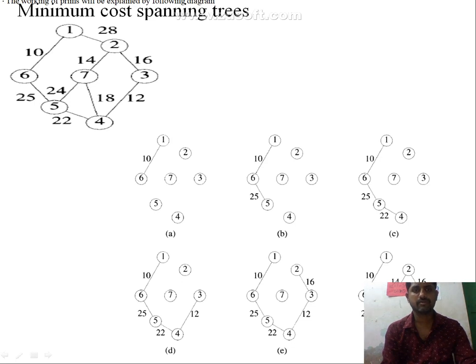Next we have discussed the minimum cost spanning tree. There are two types of minimum cost spanning trees. The first is Prim's algorithm and the second one is Kruskal's algorithm. In Prim's algorithm, we calculate the weight from the tree edge, edge by edge. The next edge is chosen according to an optimization criterion. The simplest search criterion is to choose an edge that results in the minimum increase in the sum of the costs of the edges included so far.